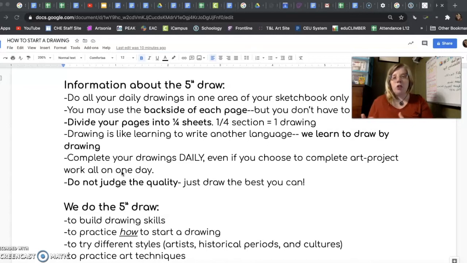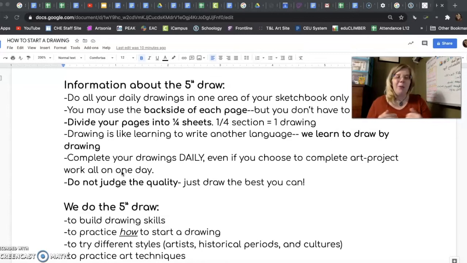Learning to draw is like learning how to do another language. You have to do it by practice, and you have to do it by practice over time. It can't just be short bursts. It has to be continual drawing and continual stamina building to be able to do good quality work. So it's important that you take the time every day,